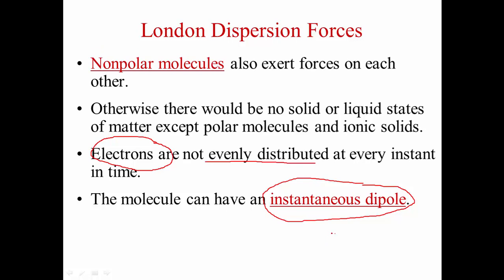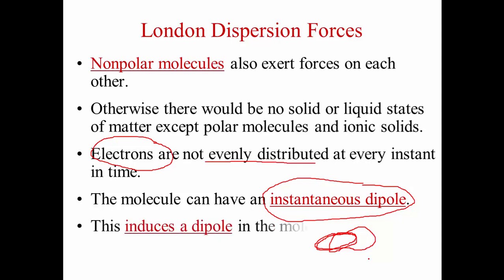So all of a sudden, you have this simple electron cloud where everything is shared equally, and your electrons are going around each nucleus, and then all of a sudden the electron cloud gets disrupted so that you get a partial positive and negative end. What that does is then causes a polarity in the molecule next to it. It induces a dipole in the molecule next to it, and for that short instant of time, they are attracted